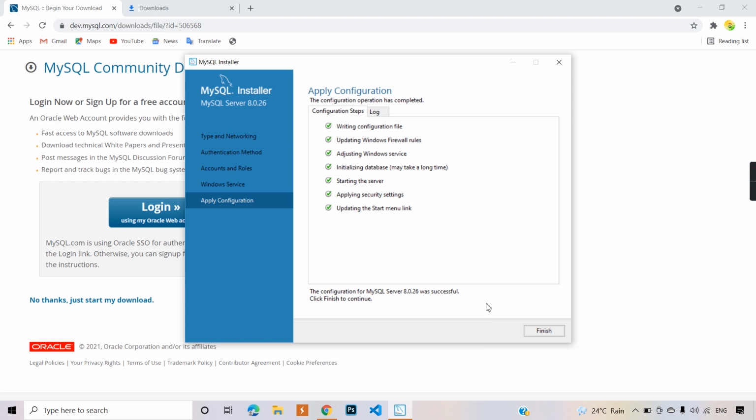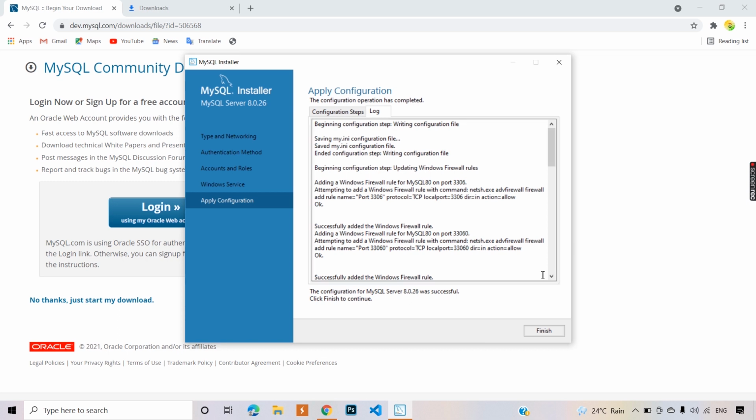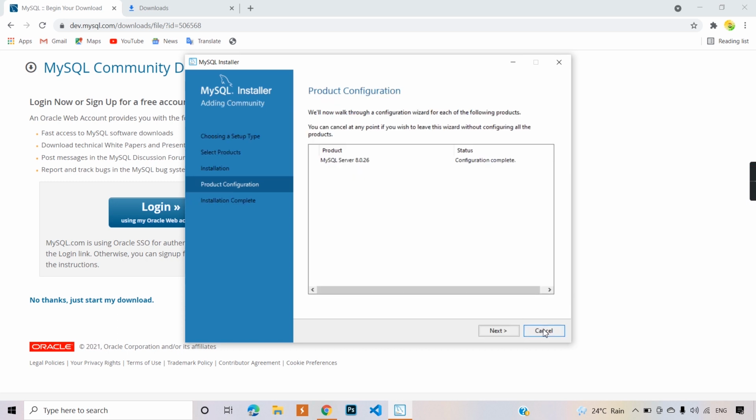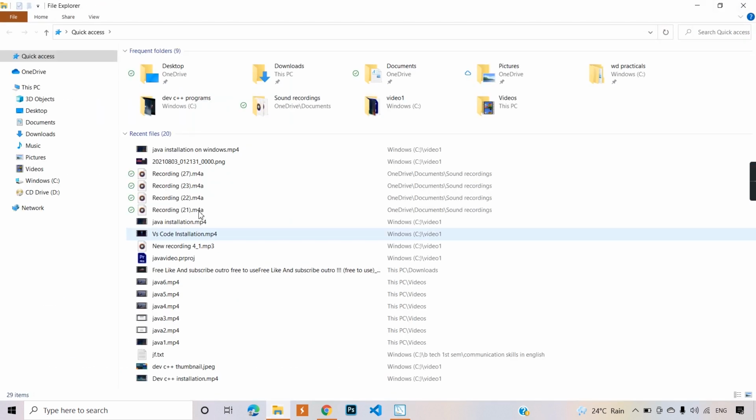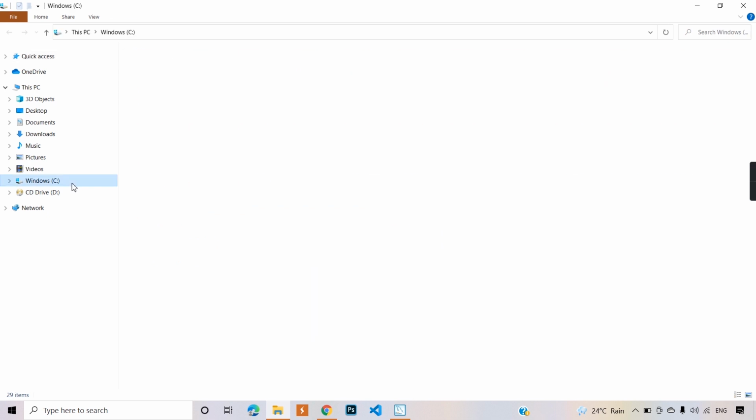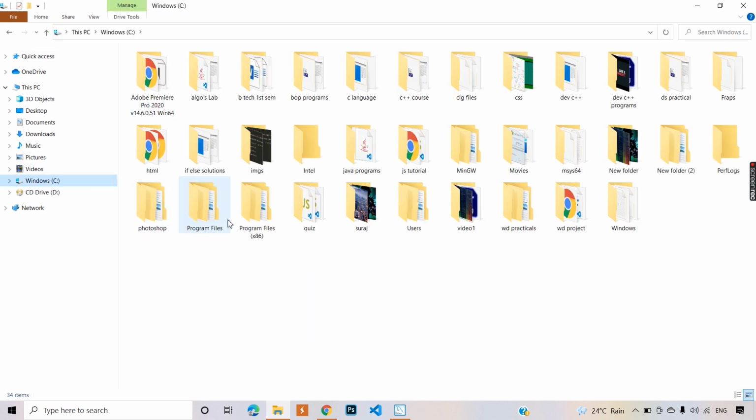Now all steps are executed, so we will click on finish. The product configuration is complete. Click on next. And now before clicking on finish, go in My Computer, open your drive, and go in the folder Program Files.